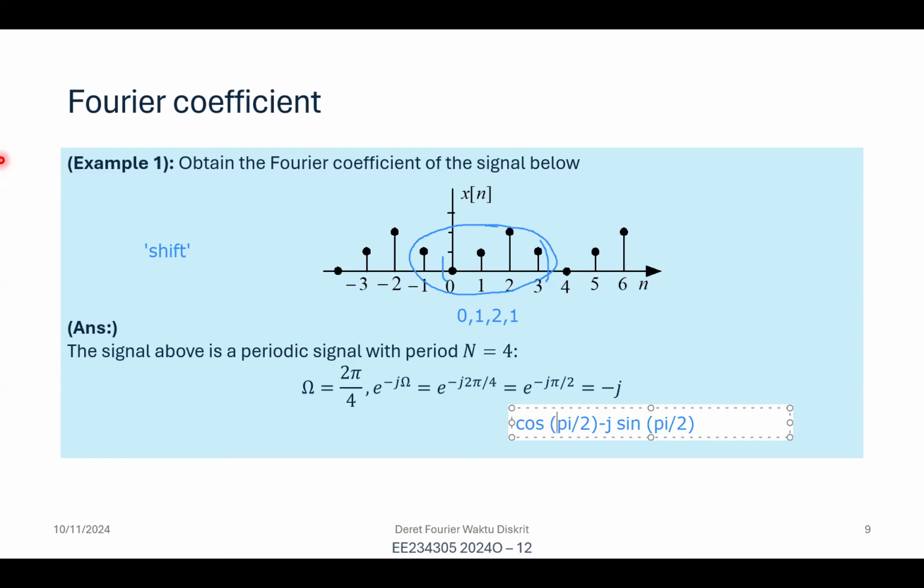Right, so pi over 2 is 90 degrees, so this would be 0, and this would be minus j. So sine of 90 degrees is 1, so this would be minus j, sorry. Okay, so we can now get the simplified value: if we have e to the power of minus j pi over 2, it is basically the same as minus j. So this will be helpful to us to get the